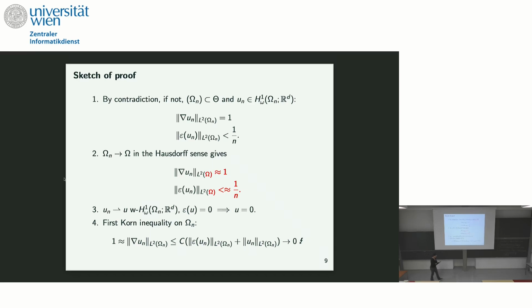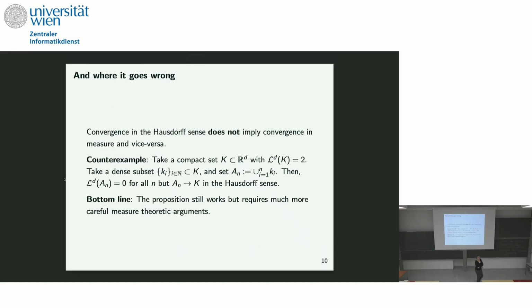There's just a tiny problem there. The argument is wrong. And why is it so? Well, because I cheated a little bit before. The kind of compactness you have for your sets is in the Hausdorff sense. The kind of convergence you would need to say the L2 norms are close is in the measure sense. These two things are not comparable. There are very easy counterexamples. Take a set with full measure, take a subset, and cut it up to the point n. What you get is a set of zero measure, but it still converges in the Hausdorff sense. What is the bottom line and the take-home message? It still works, but you need to put in quite a bit of extra work and some delicate geometric measure theory arguments to make it work.